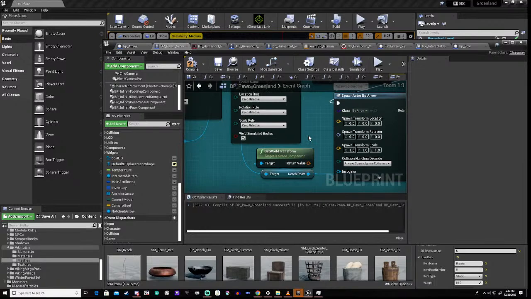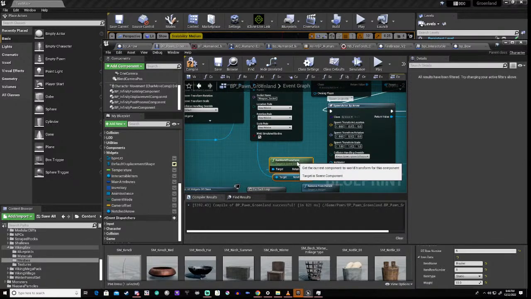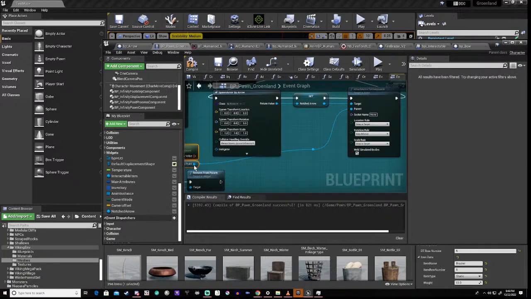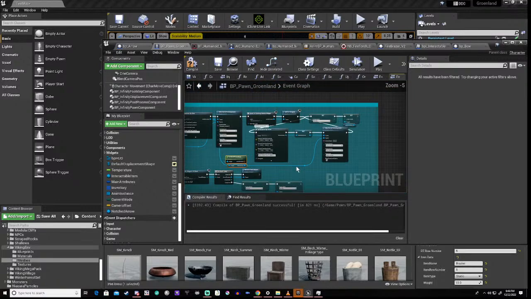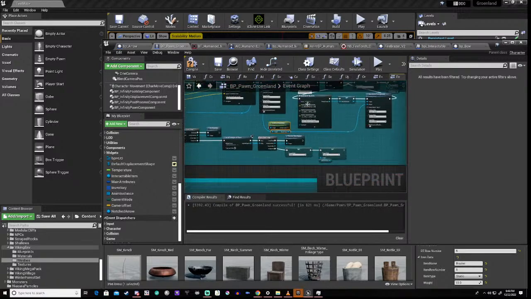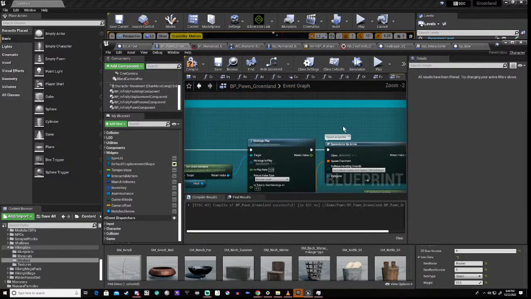And drag that down a bit. We'll drag this down a bit. Then we'll straighten that. We'll tie this part up in a minute. And then what we do